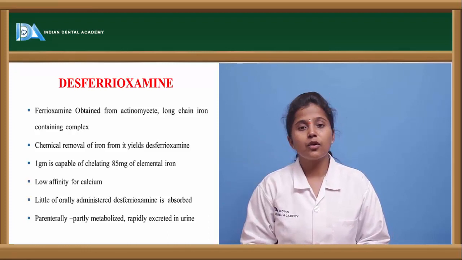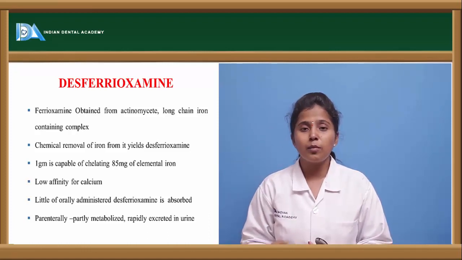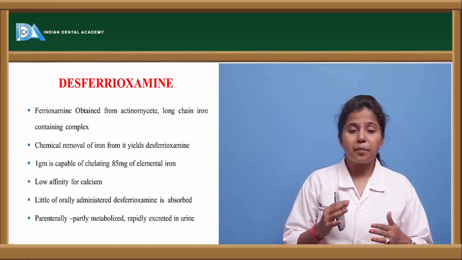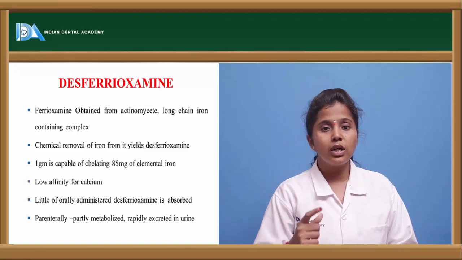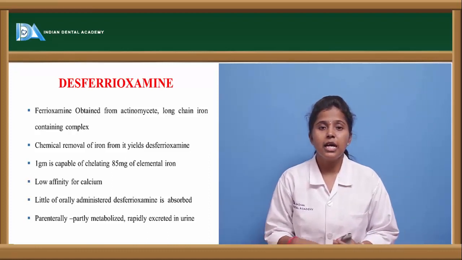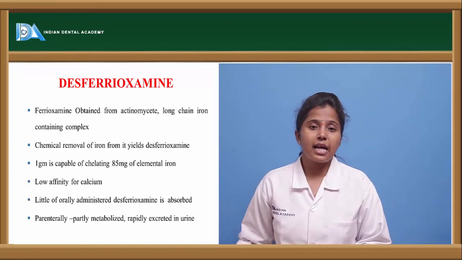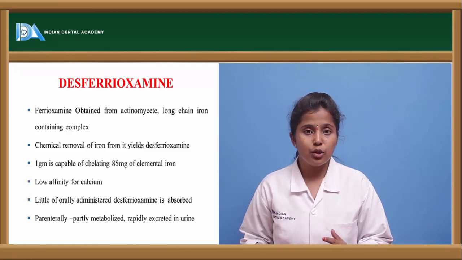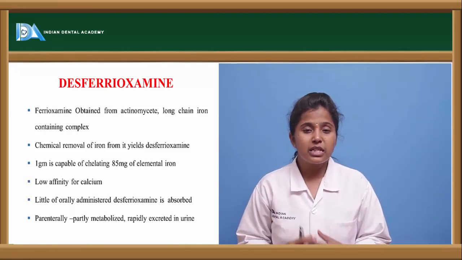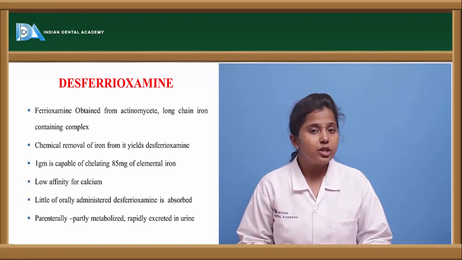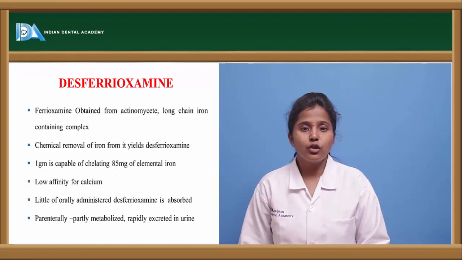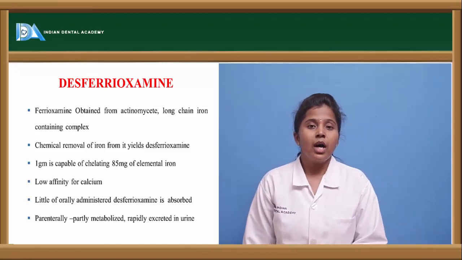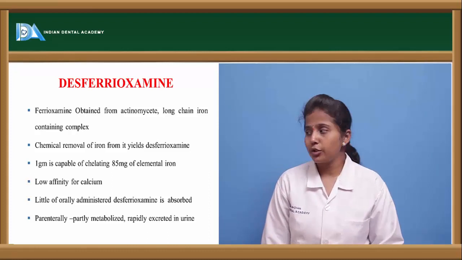Even if it is given in small amounts orally, it is easily absorbed in the body. If it is given by the parenteral route, instead of showing higher bioavailability, it undergoes metabolism and is rapidly excreted in the urine. When rapid excretion occurs in the urine, the bioavailability of DESFERRIOXAMINE in the blood decreases. When it is not available in the blood, it can't show its chelating effect. That is the reason the oral route of administration is preferred for this particular drug instead of the IV route.